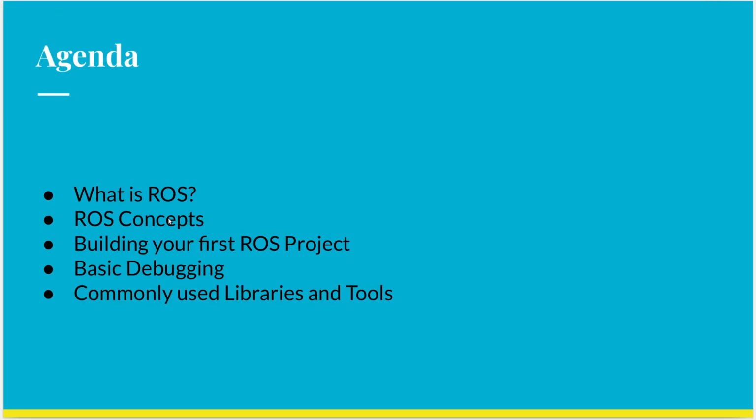So this is how the workshop is going to be. We'll first try to understand what ROS is and why we need it. We'll then try to define and understand the different concepts that are involved in ROS. We'll then take up a simple robot application as an example and see how we can use ROS to make the robot perform different functions. After that, we'll look at a few techniques that we can use to debug our ROS project. And finally, like I said, I'll mention a couple of libraries and tools that you need to be familiar with in order to start building your different robot applications using ROS.